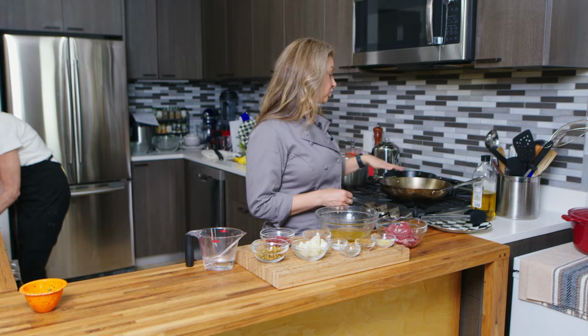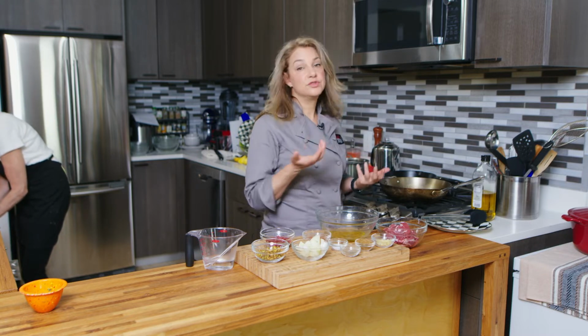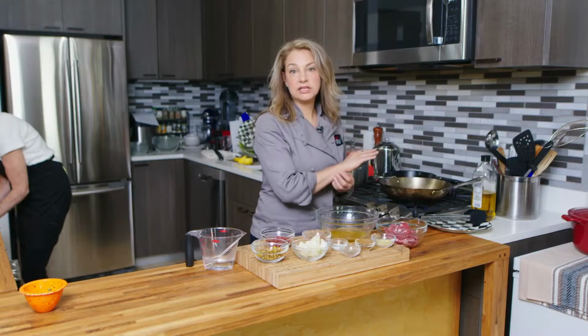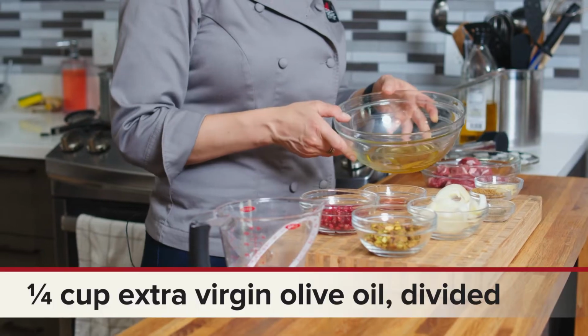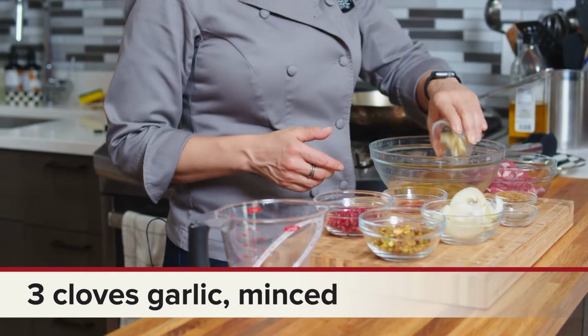You just wanna make sure that the sides are pretty high rather than a very small skillet, or you can use a cast iron pan as well if that's what you have available. So I'm gonna turn it on, medium heat, just to get it heating up. Then in here, I've got some olive oil. I'm gonna add in some garlic